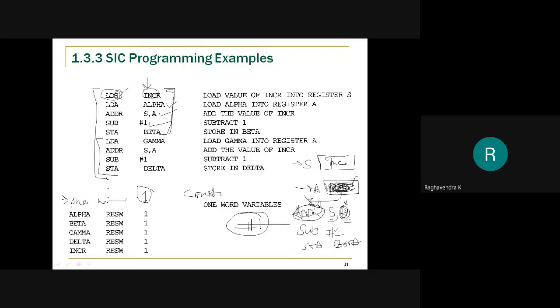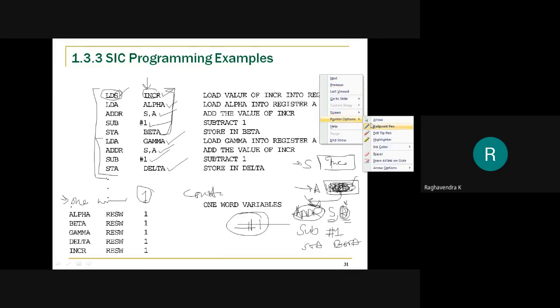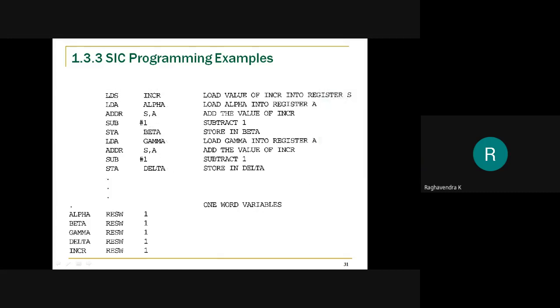So you can see I loaded the value of gamma, and add the contents of S and A. S already contains increment, so A now contains gamma plus increment. Then again I use the immediate addressing mode, subtract 1, and store it in delta. This is how you can make use of the features present in SIC/XE in order to execute your programs much faster, compared with the SIC standard model.